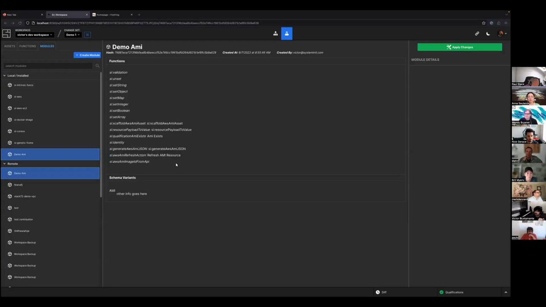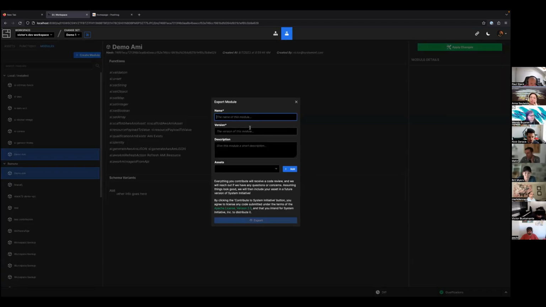So this should be pretty fast. I'm going to be demoing what's the final experience, the release version of the module sharing experience. The idea is that the remote list is not going to be shown if you're not using a System Initiative email. Right now, the way it works is if I create a module here, let's call it the demo region with a version number